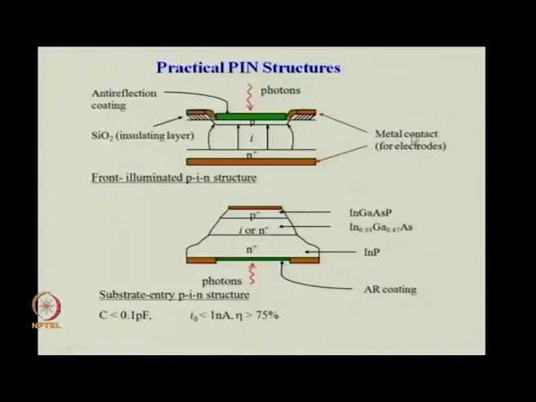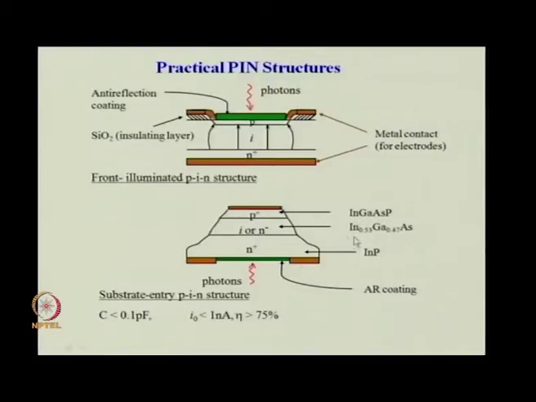metal contact. And always we have seen, in laser diodes and photodetectors, there is always a glass window or anti-reflection coating, so that light enters through the window and does not get reflected. The need for anti-reflection coating we have discussed, the factor 1 minus R. To maximize the factor 1 minus R, reflectivity should be 0. There is another structure which is shown here, and materials used, as you can see, indium